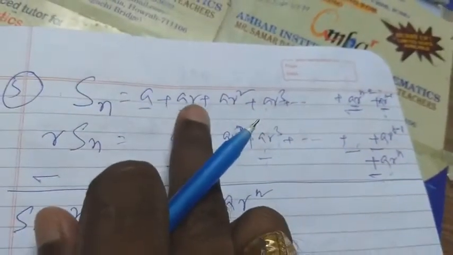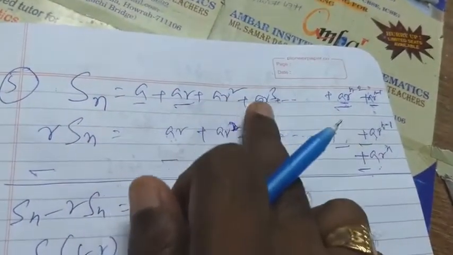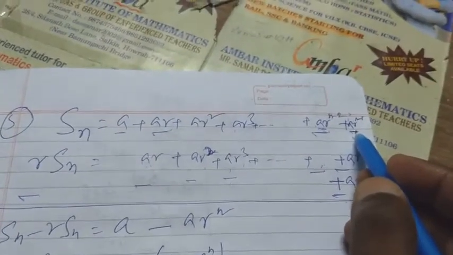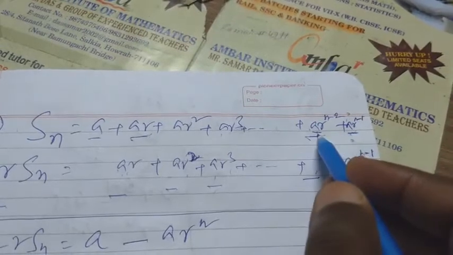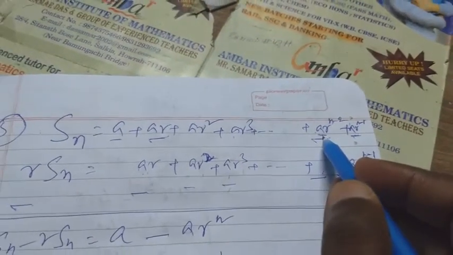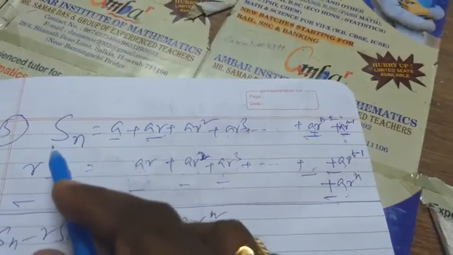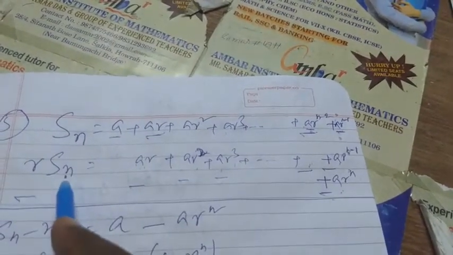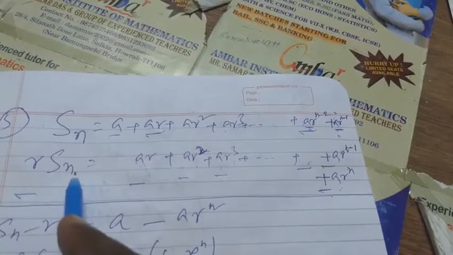And now, if we add the nth number of terms, then what is the formula? Let's see. Let S be the sum. A plus AR plus AR square, AR cube, and this is the nth term, A into R to the power n minus 1. Then the previous term is A into R to the power n minus 2. So now this series, multiplied by R, we get R into Sn.